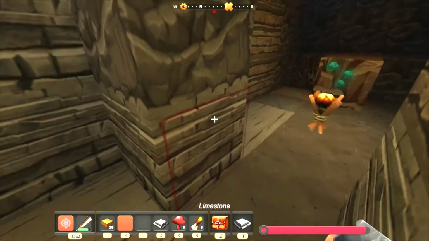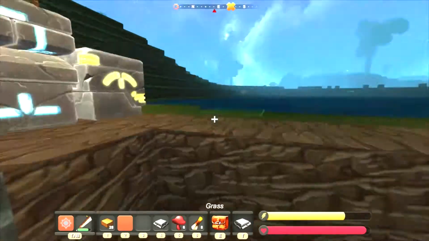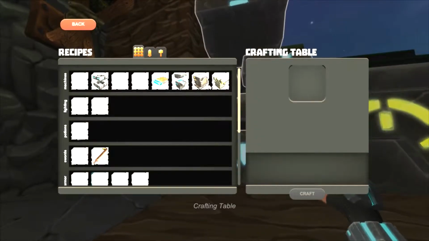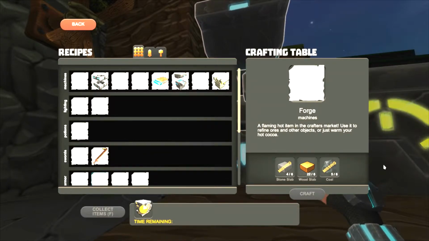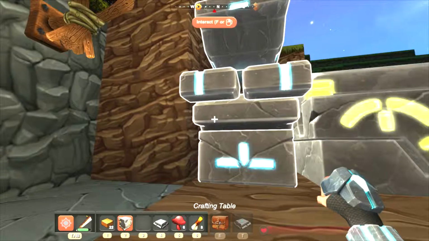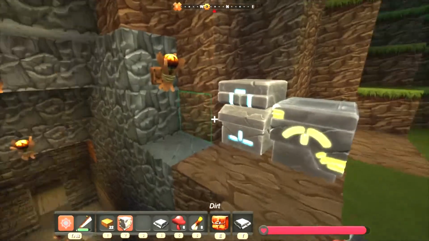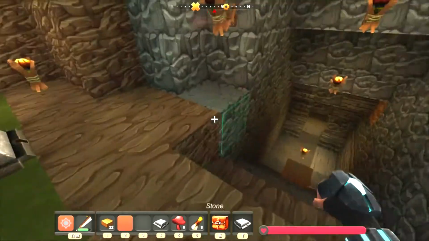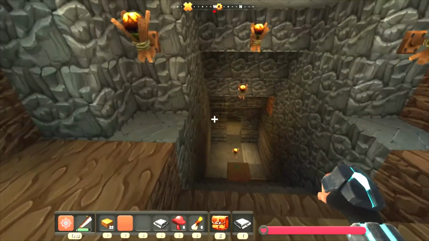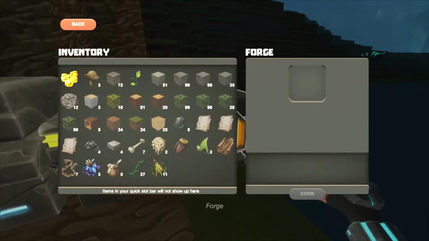It's going to take about 5 minutes, and while we're waiting on that, I need to make a forge, and actually I want to make a couple of them. So let's go ahead and make as many as we can make. Oh, only 1. Okay, then. I guess I will have to mine some more coal and other things. But there we go. Now we have a forge. When the obsidian is done being extracted, we will cook it into...